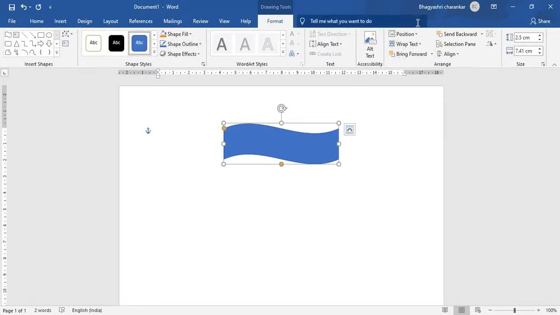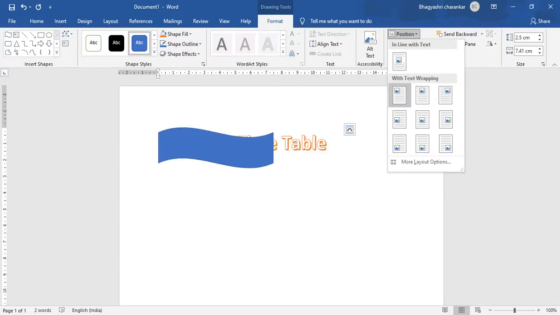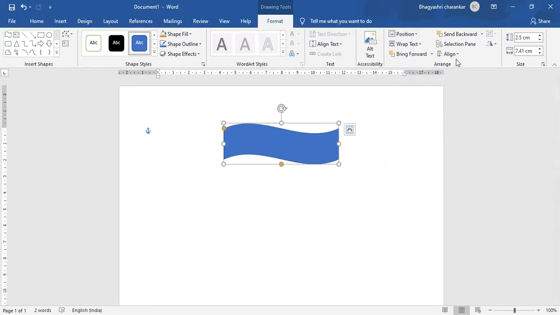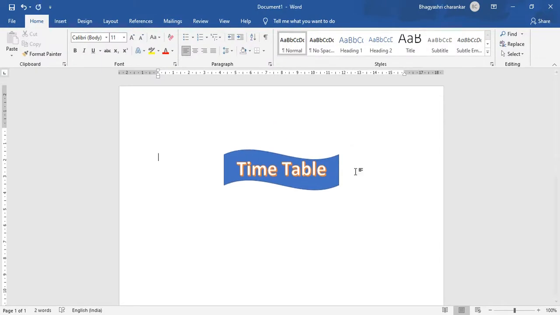And in the position option of the format tab, you can just click on the send backward. It will make your shape sit at the backside of the text or the word art. Now I'm going to click here.